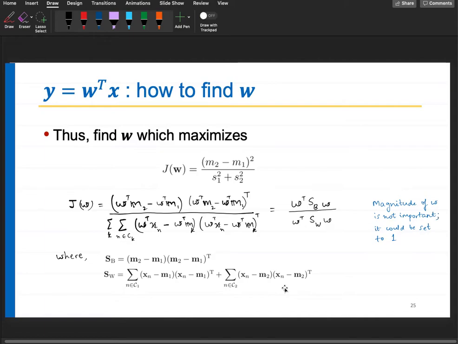Okay. One point to note here is that the magnitude of W is not important. Why? Because you are finding directions, you are not finding points, right? So what is the equation of a line? The equation of a line is simply W dot x is equal to 0, right? So the magnitude of W is not important, because even if I take twice of W, the line equation does not change, right? So that is why the magnitude of W is not important. You can take it as whatever you want, and in this derivation the magnitude of W is not considered.